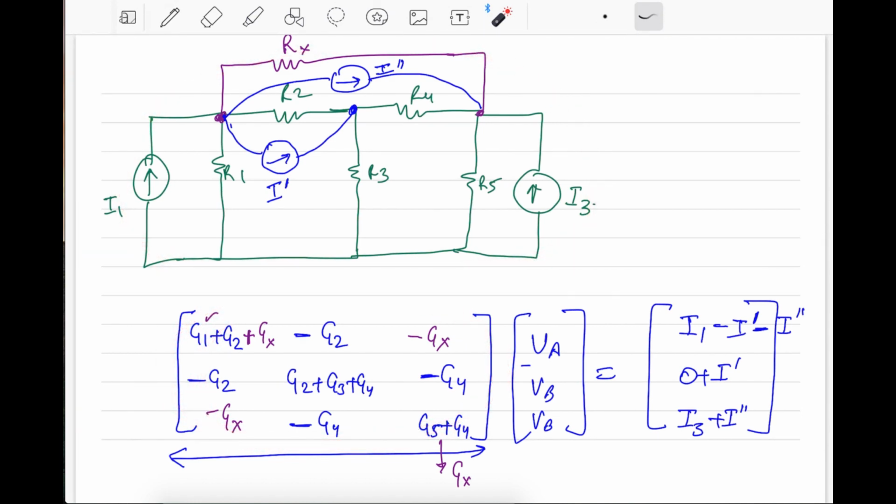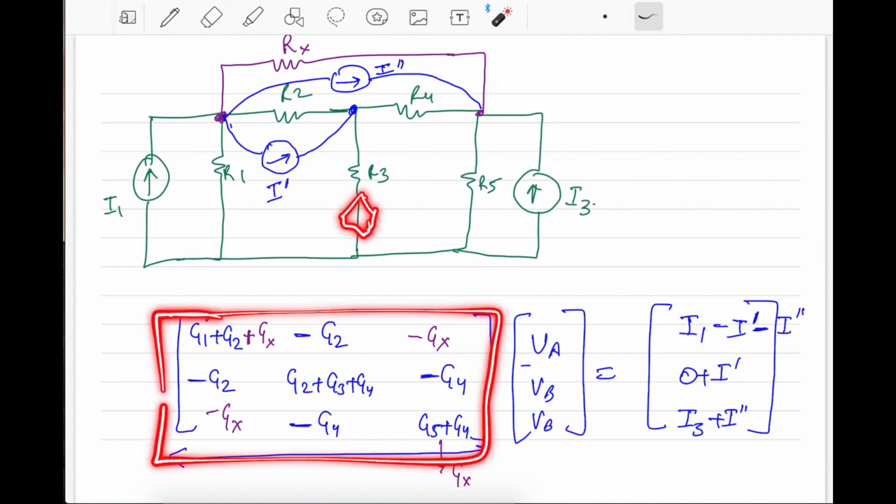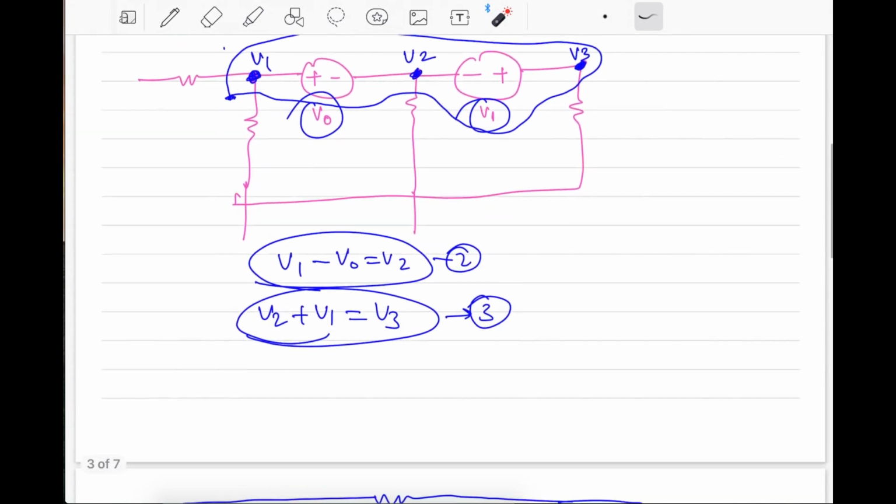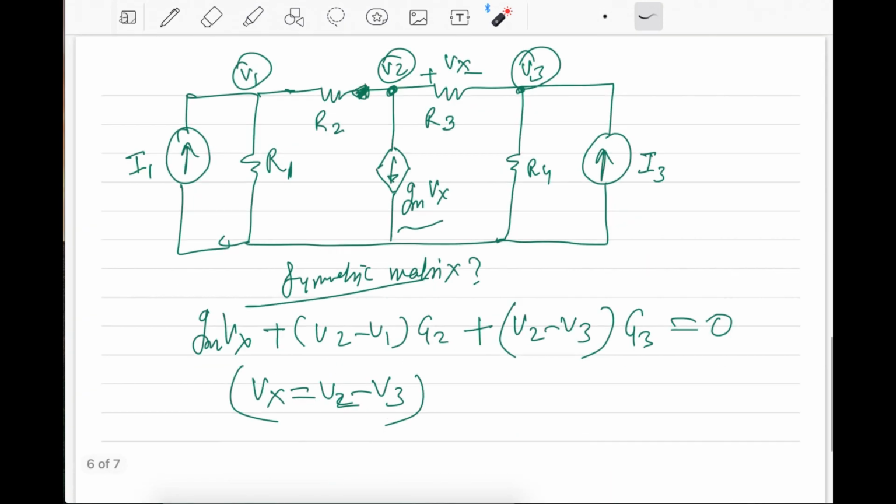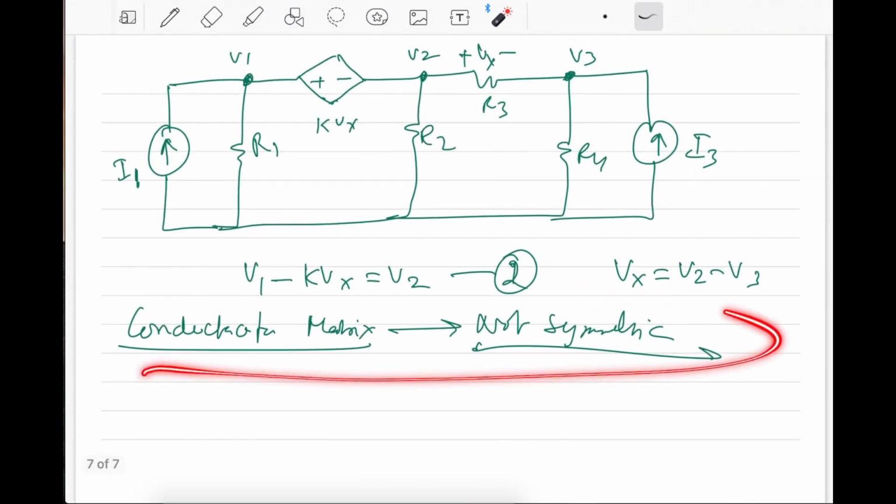But once we impose the concept of a voltage source connected between two nodes, the symmetric property will be completely gone and it will have +1 and -1 type of factors. And the third imposing condition is if you insert some dependent current sources in the branches, then also the symmetric property will be destroyed. So you have to check it out, and we will discuss in our next class whether the symmetric property is destroyed or not.